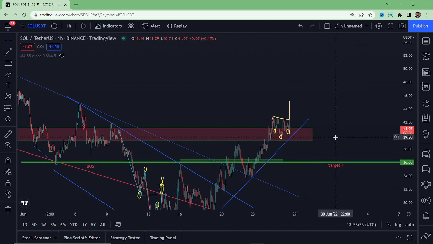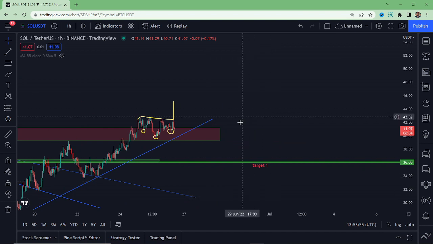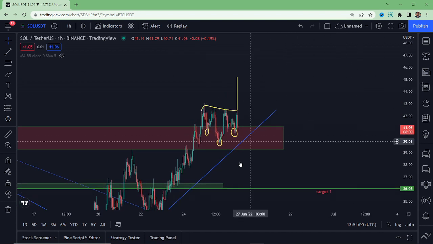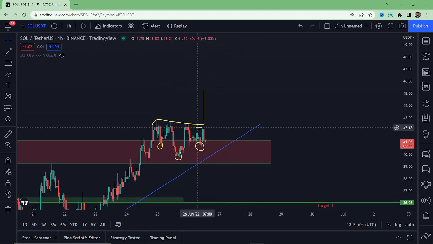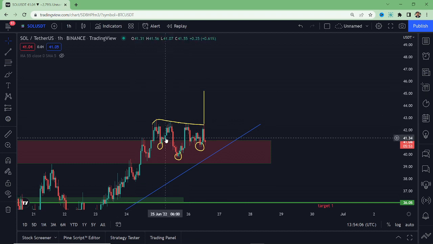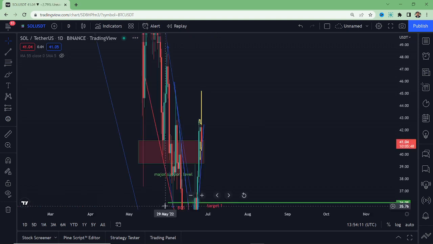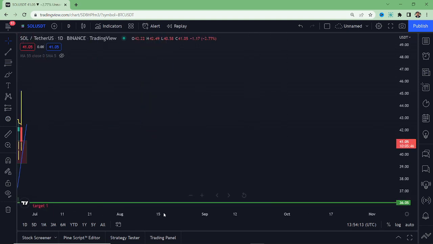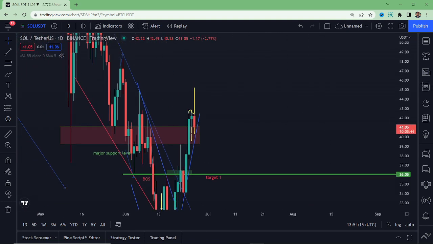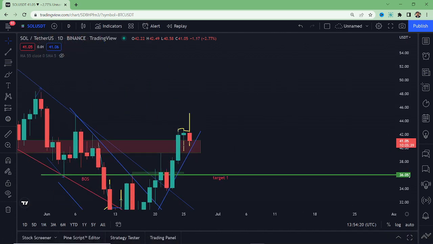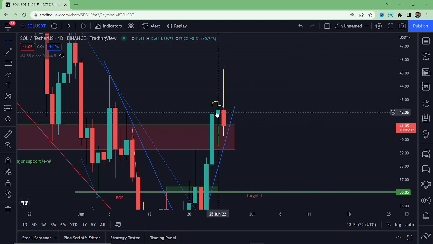That would be a great quick scalping trade if you want to take the trade. I mean, this is not financial advice, but if you want to take the trade, you may go for it, but make sure you have a good close above this region. And if we look at a bigger time frame, this would create a doji. This would be a single candle. Oh, it is a doji candle right there, you can see.